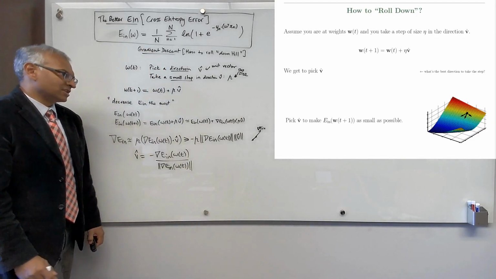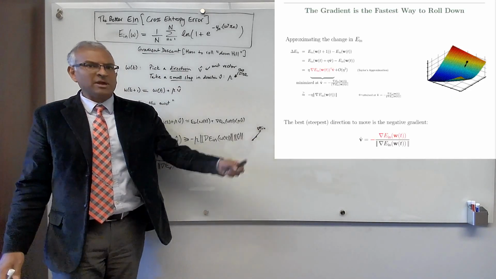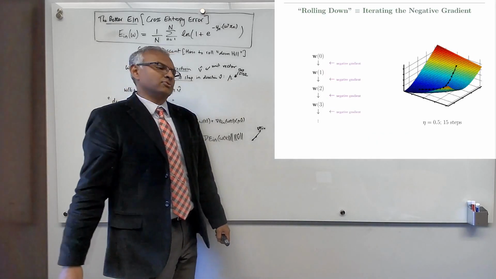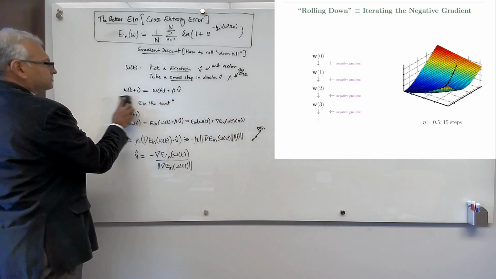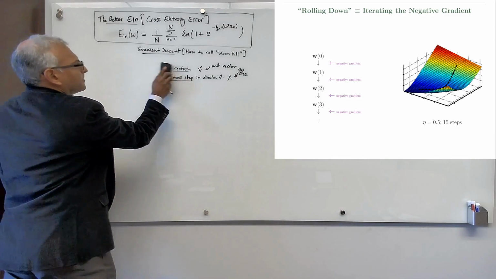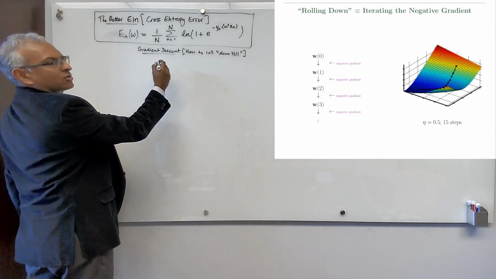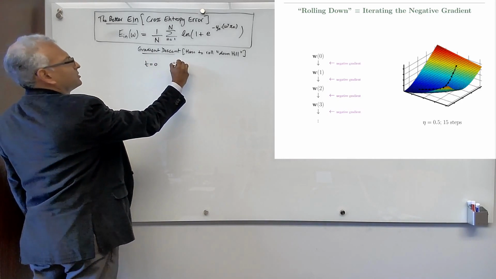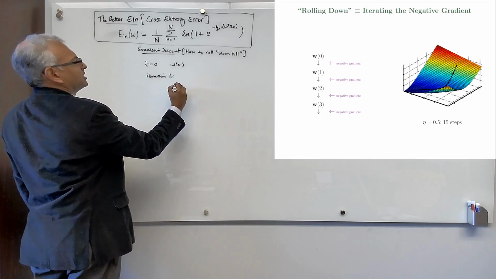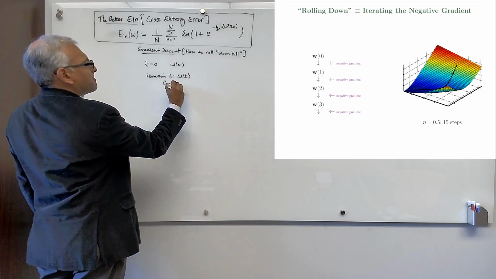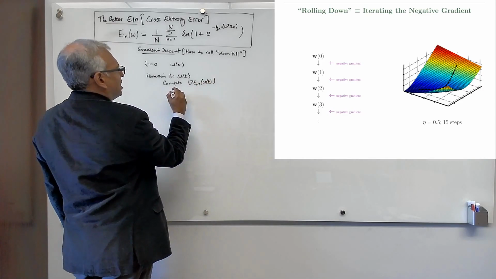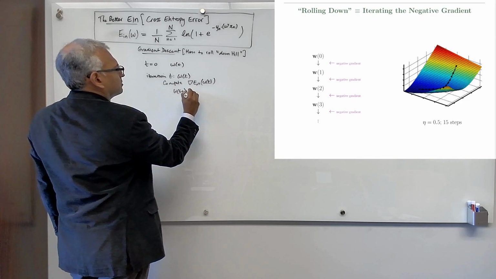So this is illustrated. We have a bunch of directions to choose from. We pick one of them, and then we move. So we can iterate this process, move, and so on. Let's summarize that in an algorithm. Imagine that you initialize your weights at iteration t equals 0 to w(0). Now at iteration t, let's suppose you are at w(t). So you compute the gradient of E_in at w(t), and update w(t+1) equal to